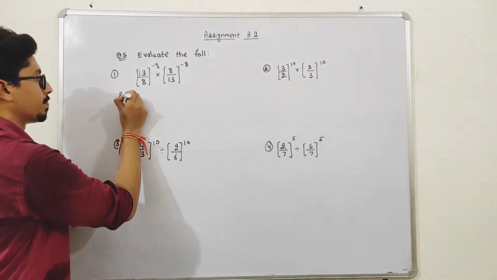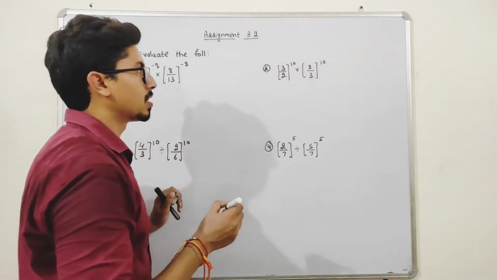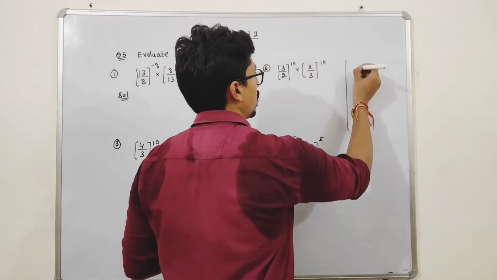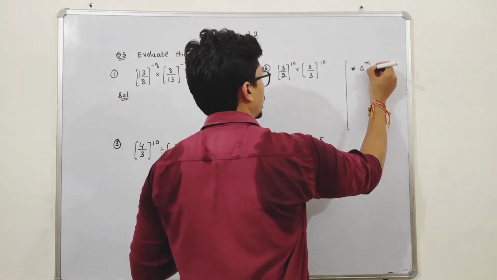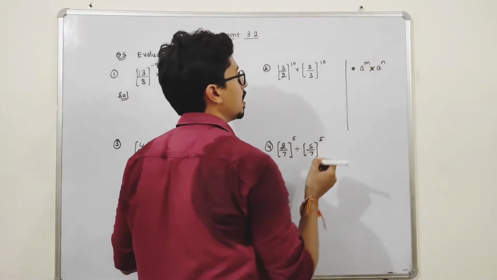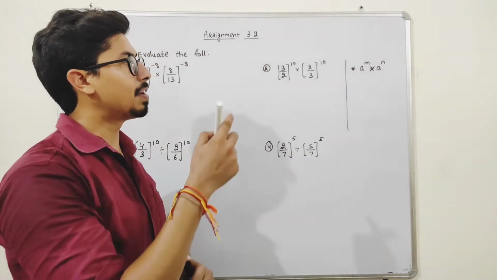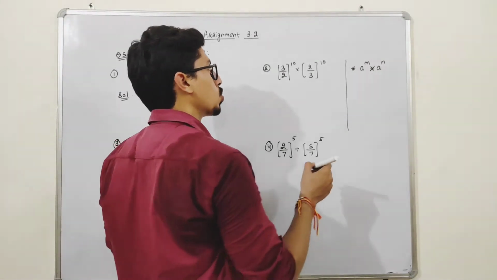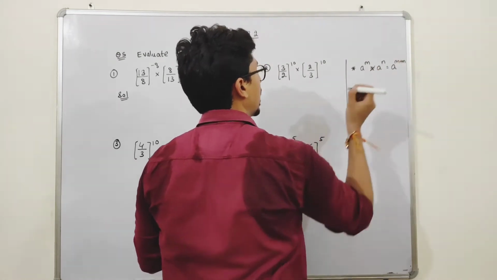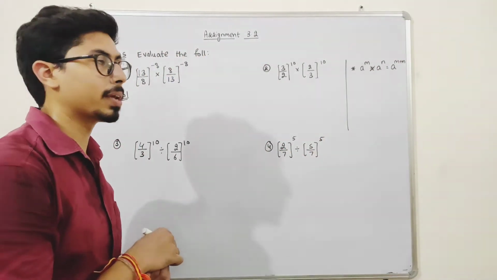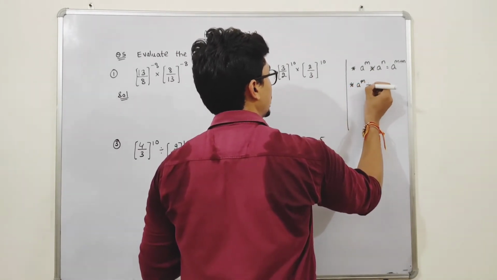So students, see, before solving this, we will just discuss some properties. First property is, if a raised to the power m multiplies with a raised to the power n. See, both the numbers have same base, that is a, but the powers are different and they are in multiplication. So I can write it like this: a as it is, just add both the powers. Okay. Now, if both of them are in division,